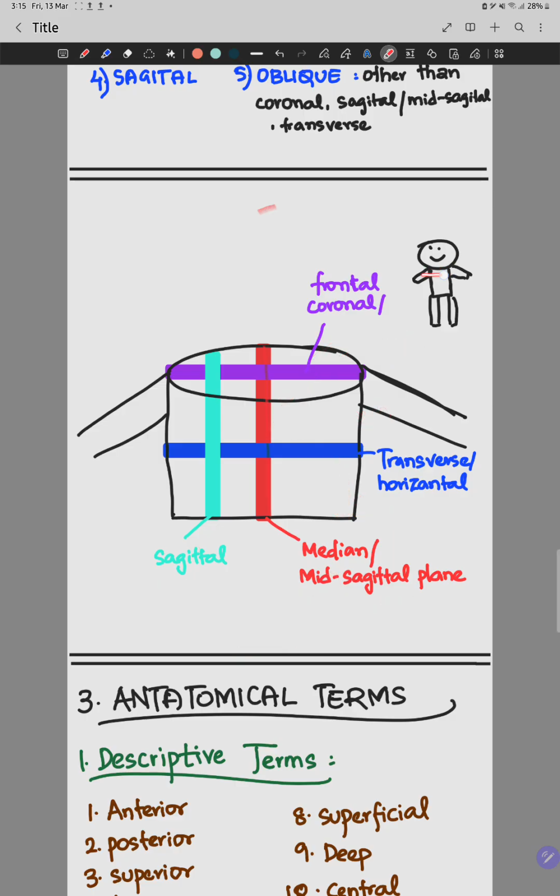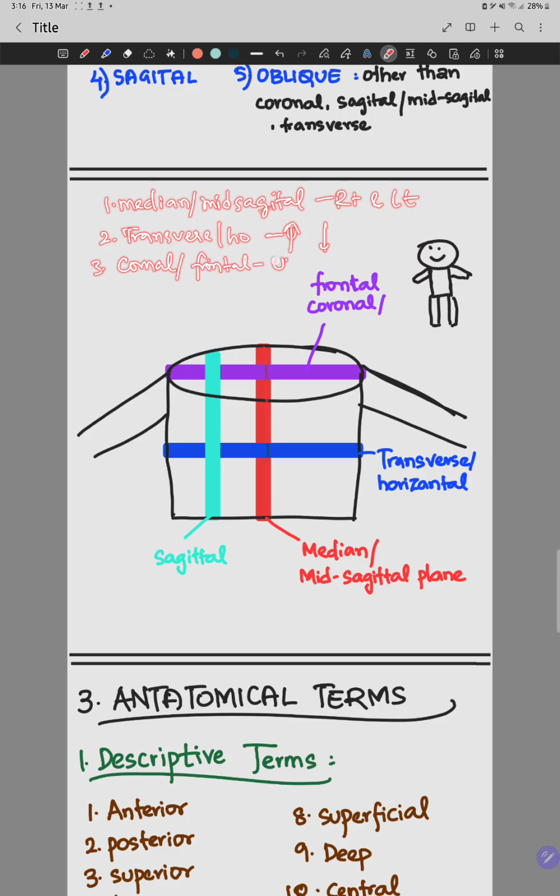When our body is divided and cut in this manner, this is the cross section that we are going to observe. Understand? There are 5 planes. First one is the median or mid-sagittal plane, which divides our body into right and left. The second plane is the transverse or horizontal plane, which divides our body into up and down. And next one is the coronal plane, also called the frontal plane, which divides our body